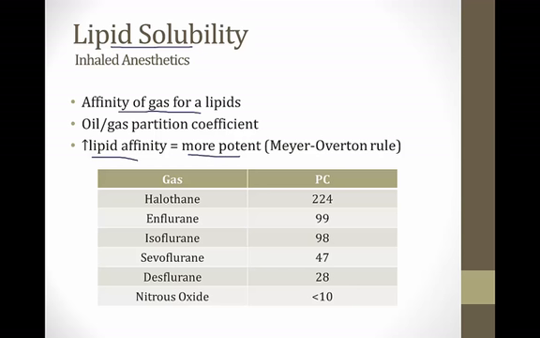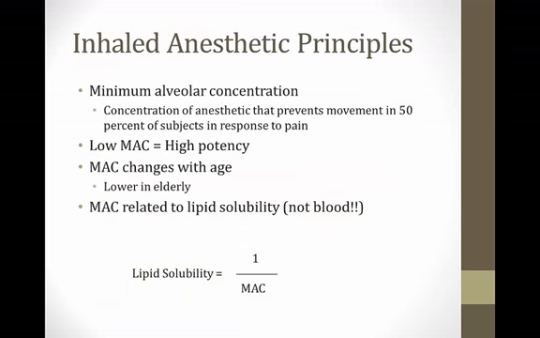So take a look down here at this chart. Halothane, for example, has a very high oil-gas partition coefficient, 224, so it's very potent. It doesn't take a lot of halothane to put someone to sleep. Nitrous oxide, on the other hand, has a very low partition coefficient. It takes a lot of nitrous to put someone to sleep. So the more lipid soluble a gas anesthetic is, the more potent it is,